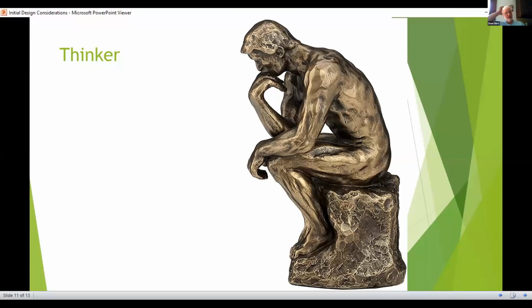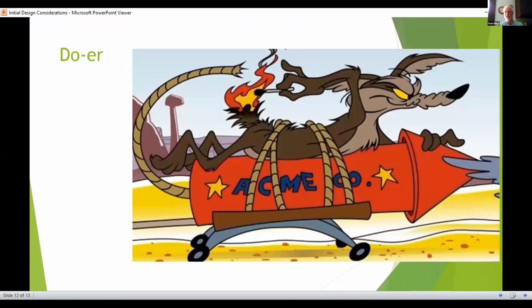So the ideal thing we want to do here is we want to think. We want to think things through, but then we also need to do. You need to think about how much time you spend thinking versus how much time you spend doing. And you need to think about all the time what kind of a ratio we got going on with that. So with that,